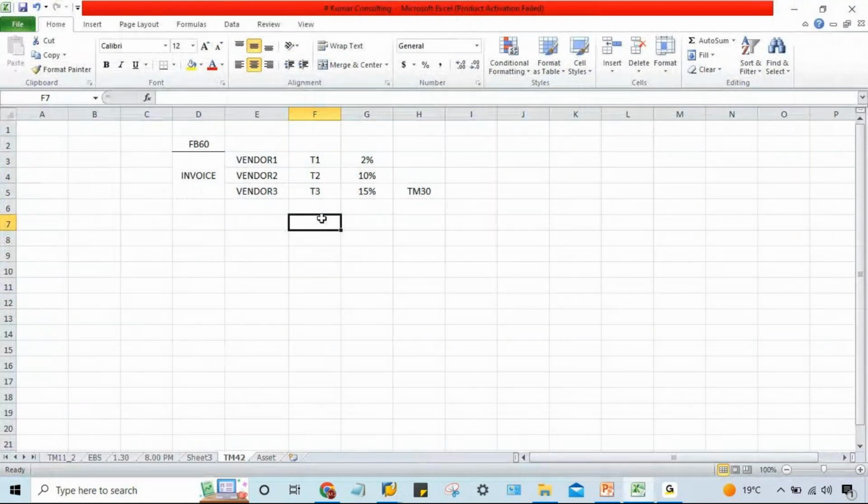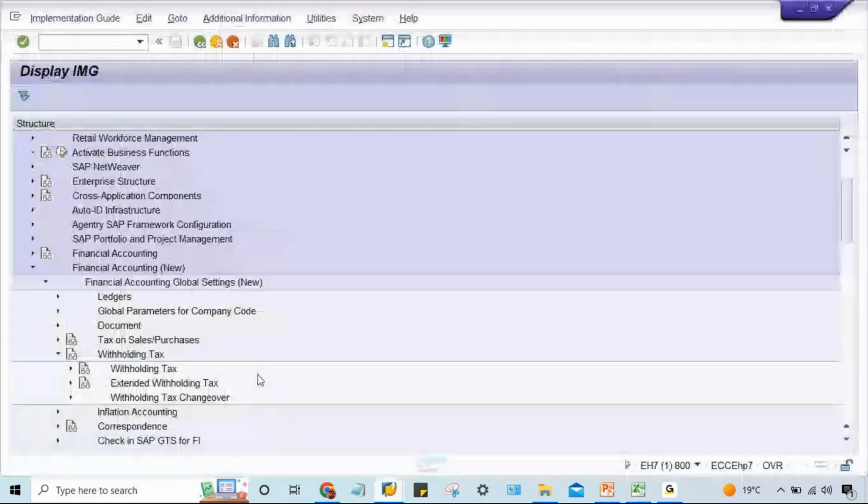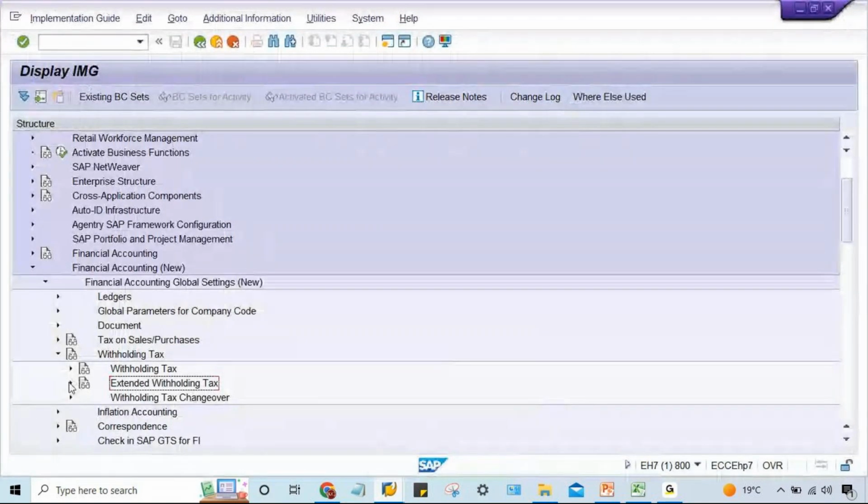So that if new settings are not required for a particular organization, and even the consultants are pretty habituated to the old setting, if they feel their requirements are going to be met with the old setting itself, they can follow it, right? And slowly it is going to be removed, not in the current version, maybe the next version or the next to next version, right? Now here you just go for extended withholding tax. Now we just expand this.